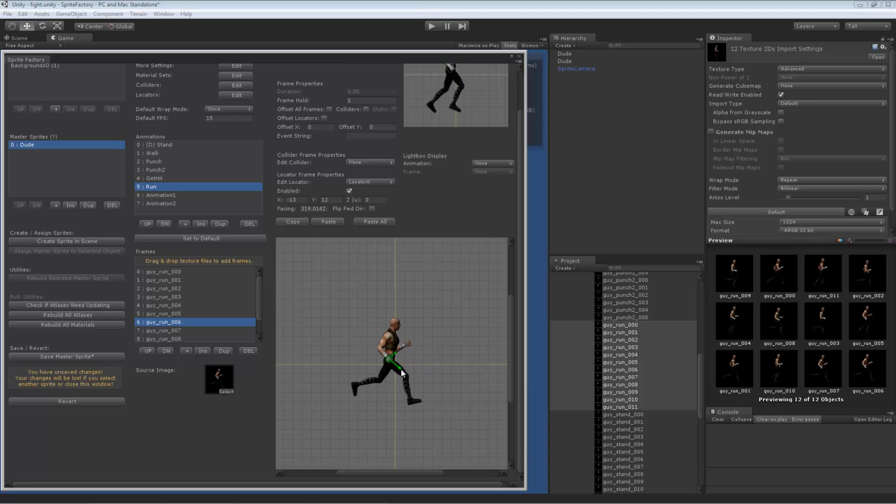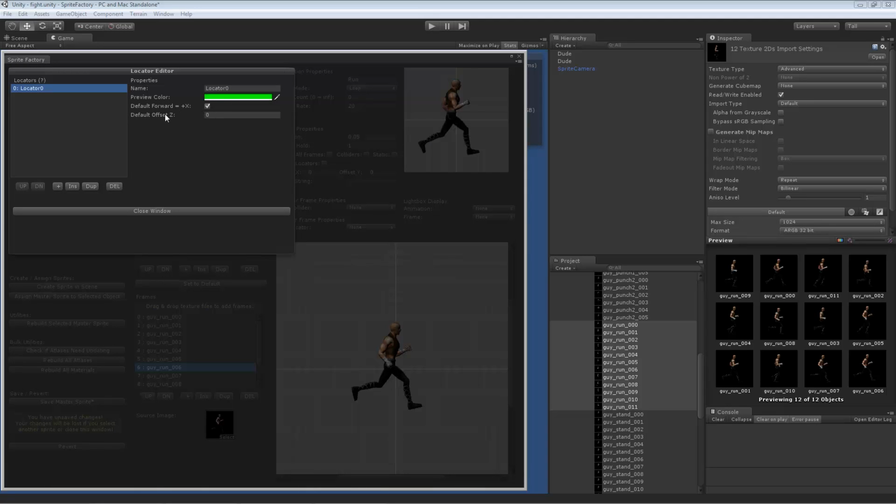Just put the locator there. If you imagine the gun would be in his hand, but it wouldn't know. It would be trying to draw the gun behind his body because this sprite is one object. So you have to be careful if you're gonna do that. You can set on the locator an offset for where the sprite is attached, where the transform appears in front or behind the sprite plane,